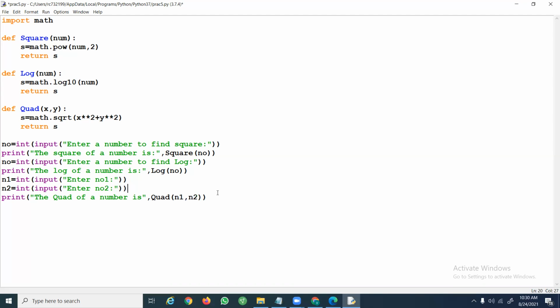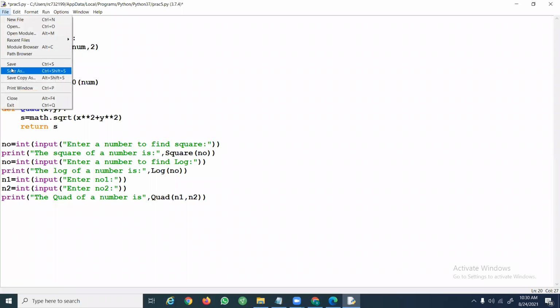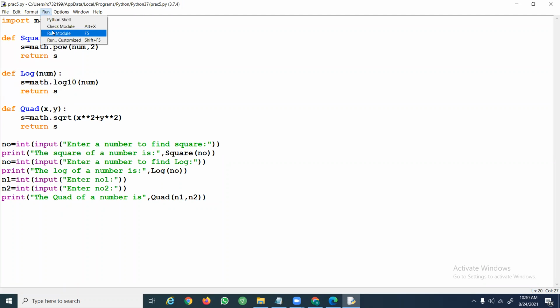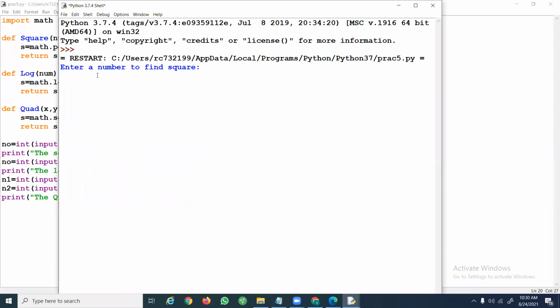Whatever practical exercises we are giving, you have to understand them, and if the external asks for any change, you should be able to do that. Here I have changed my program in such a way that I will get the values from the user. Let us run this. Before you run, you have to save the program. Now it will ask for a number to find the square. Let me give some number, 45. So 45 square is 2025.